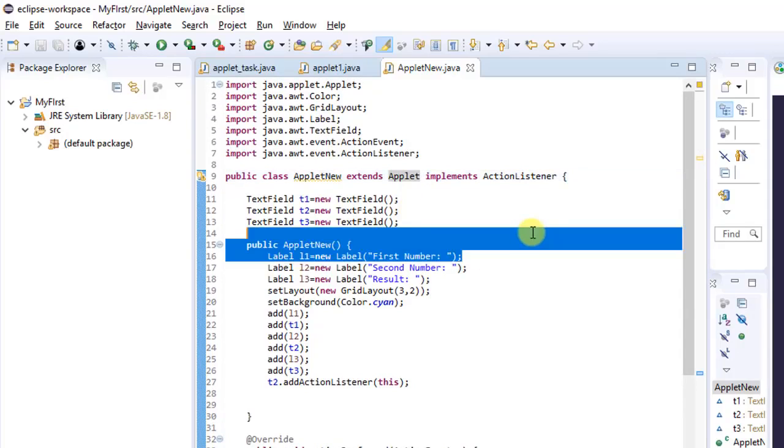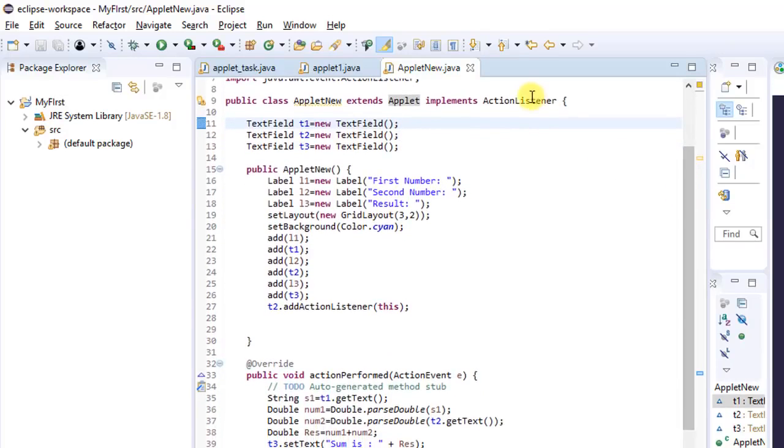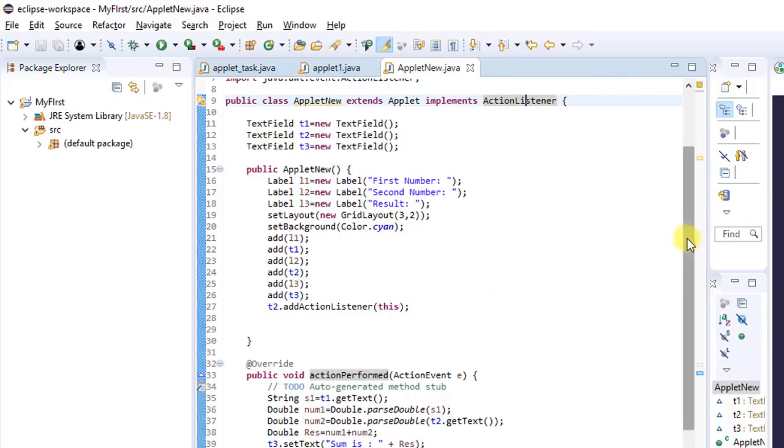So implements ActionListener. Now ActionListener is an interface. Every interface has a set of functions, and for this ActionListener interface, you have only one function here,